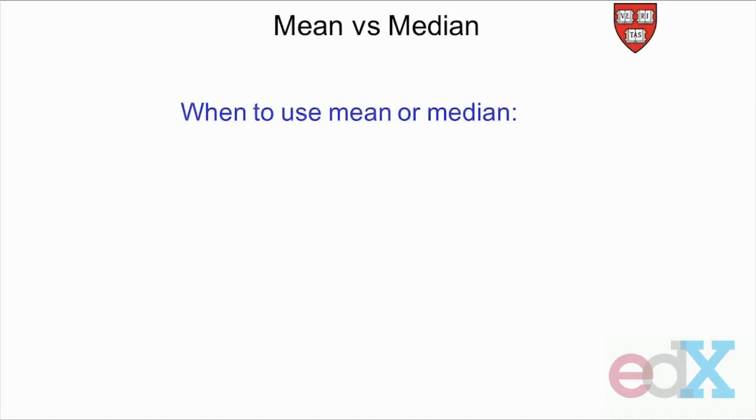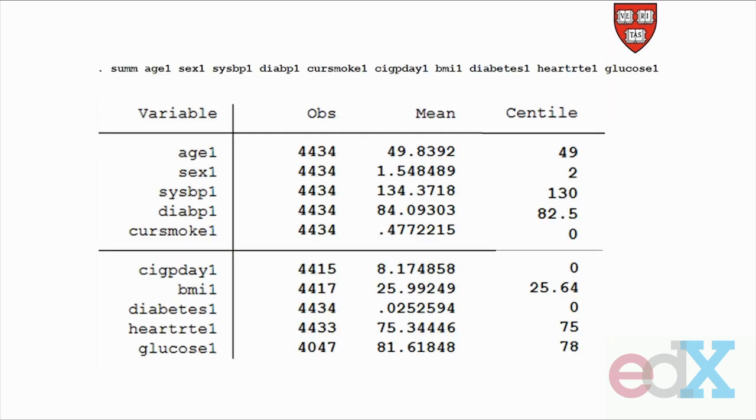All right, so now we've got two measures of central tendency, and then of course we have to decide which one to use. Do you use the mean or the median? If there's a choice, when do you use the one and when do you use the other? For example, if we look at the same 10 variables we just looked at,